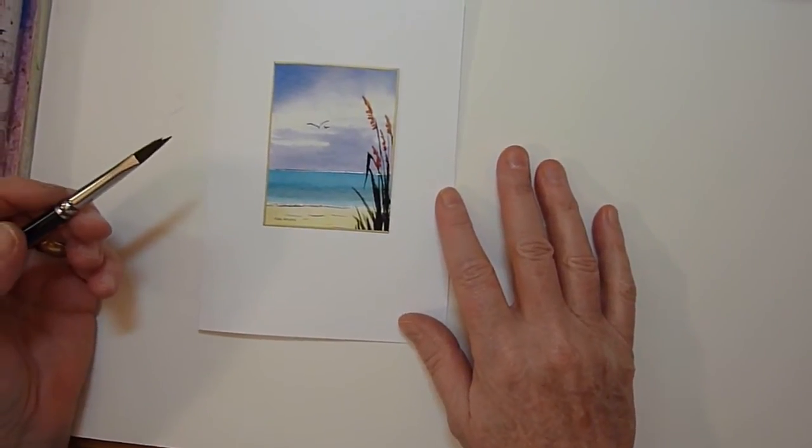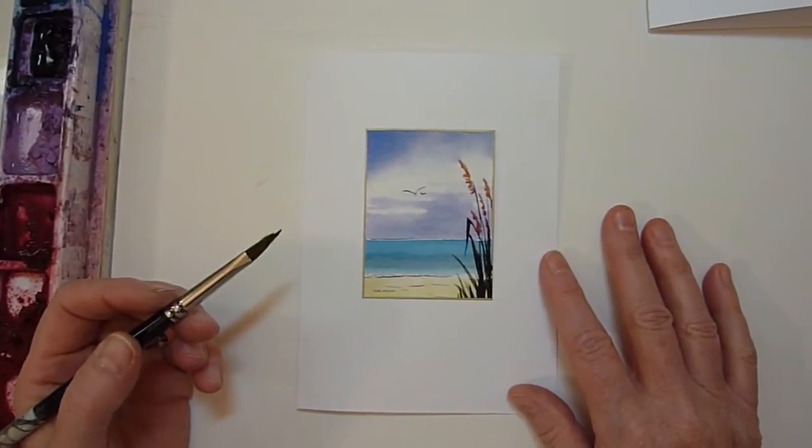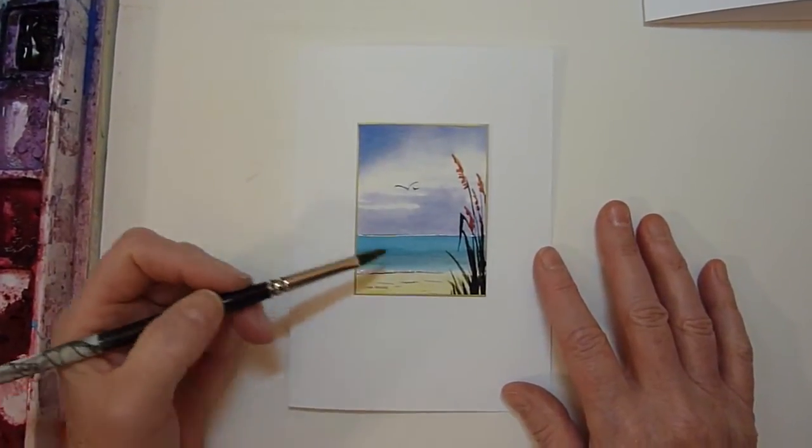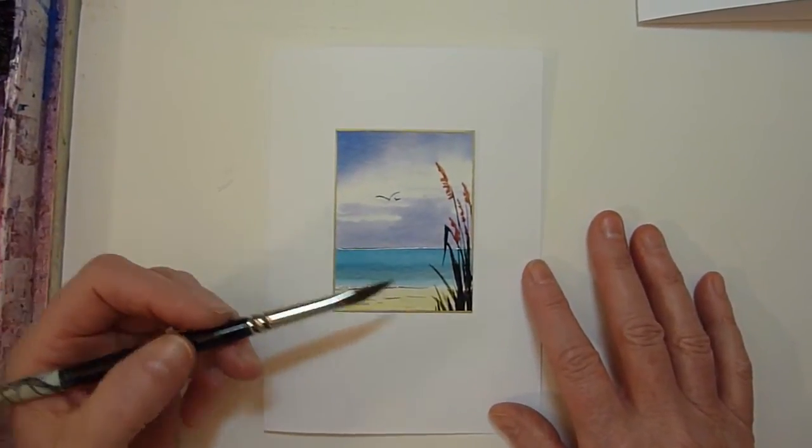This is going to be fun. I love painting landscapes. To me, they just fall off my brush. I'm going to enhance this very simple tropical landscape by showing you how I'm going to bring the beach grass